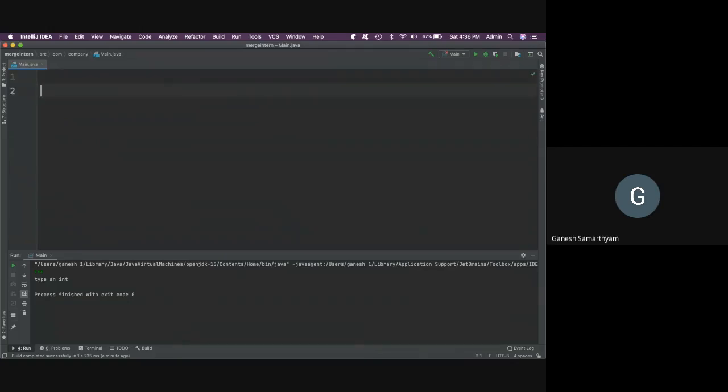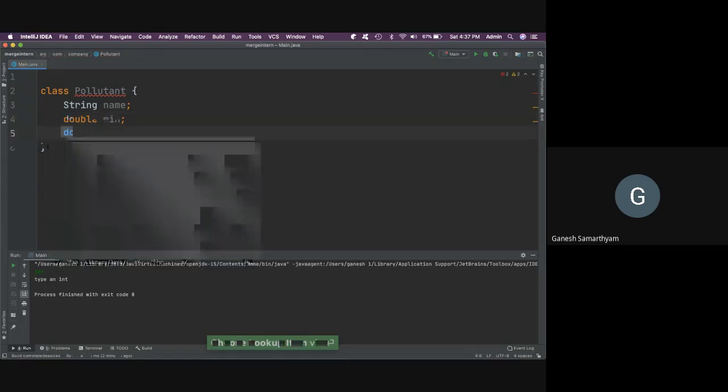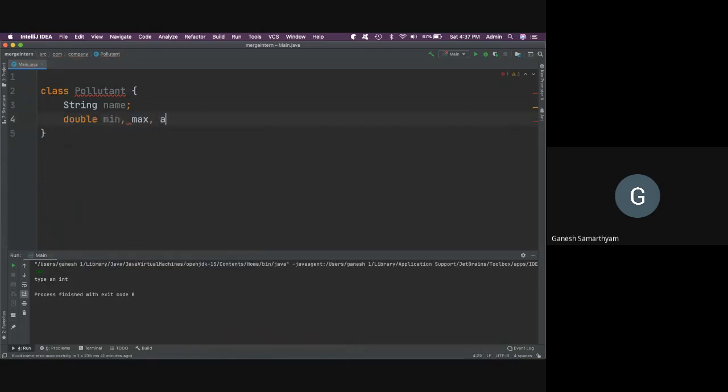So what is the next big shortcut? Let us write a small code ourselves. So let's say class pollutant, right? So what are the pollutant fields that we are talking about? String pollutant name, the min value, maybe the max value, and the average for today, and string location.